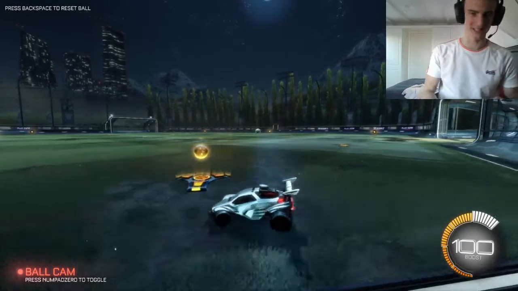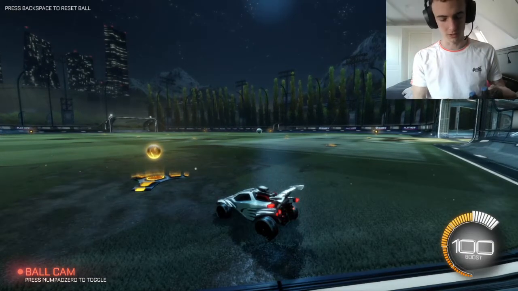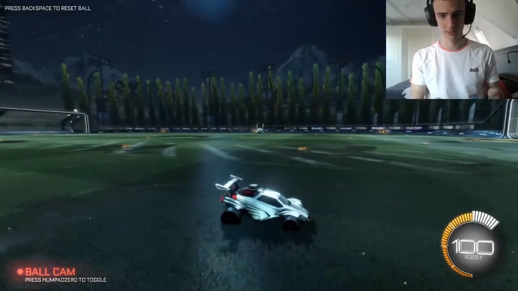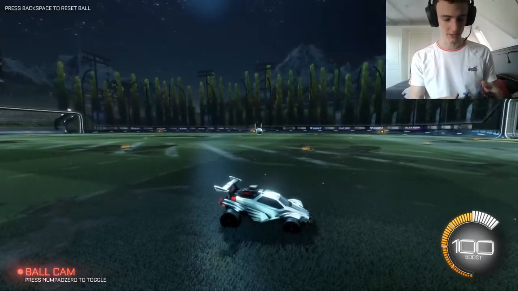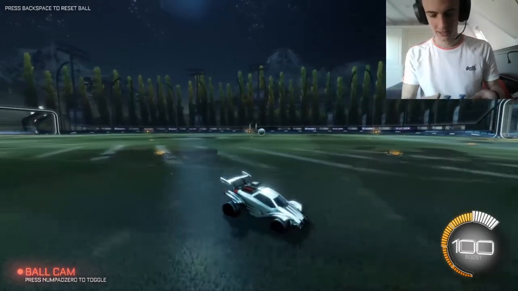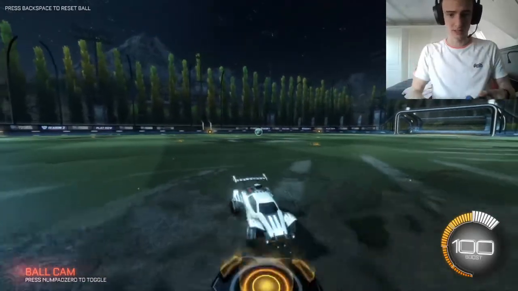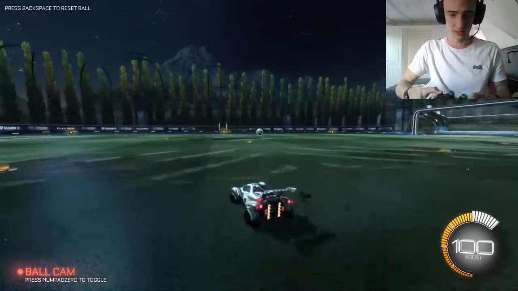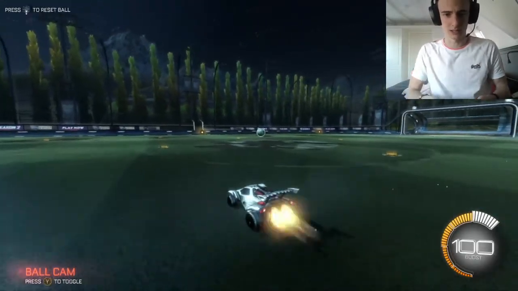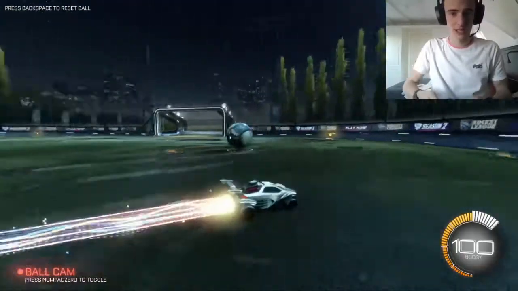So I've added my controller here. This controller allows me to jump, use the boost, and drift as well. That's all I'm going to use. I also have the air rolls up here, but I'm not even going to use that, I think. So basically, I'm setting up both like this. If I tilt my phone, I can move the car, and if I want to jump, I can jump. Oh god, oh god. So I can boost, hit, and let's score.